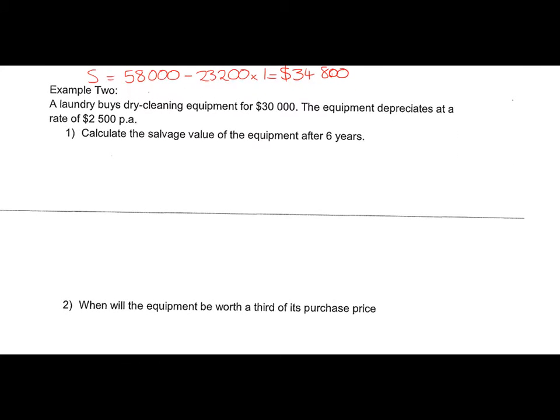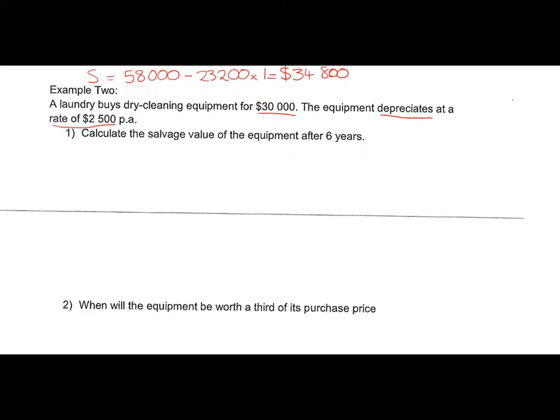Okay, so that's a nice straightforward one. In example 2, it says a laundry buys dry cleaning equipment for $30,000. The equipment depreciates, goes down by a fixed amount of $2,500 every year. So if we want to calculate the salvage value of the equipment after 6 years, we put